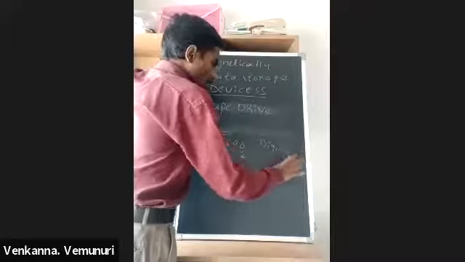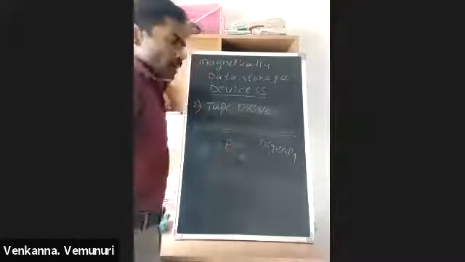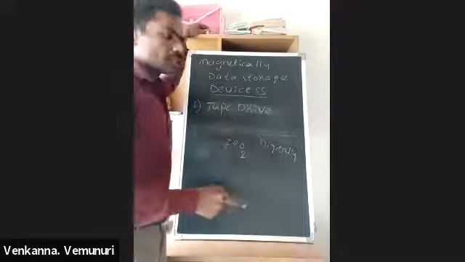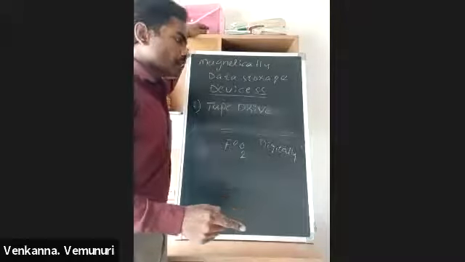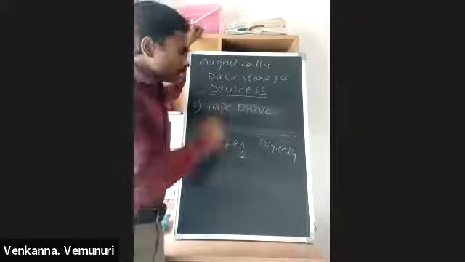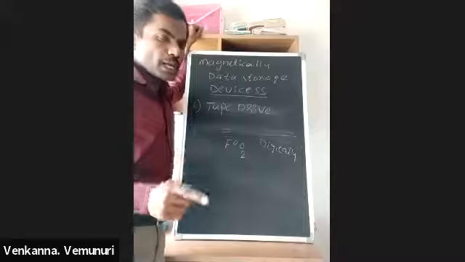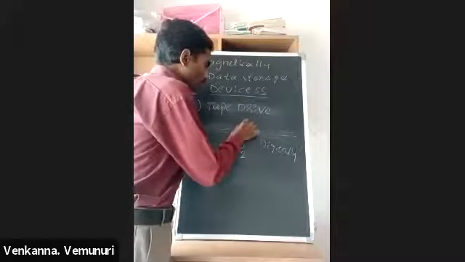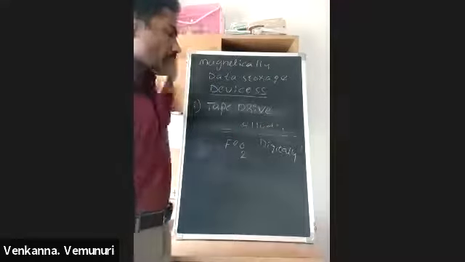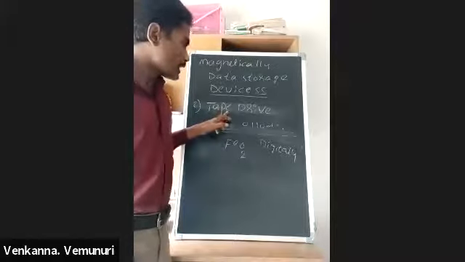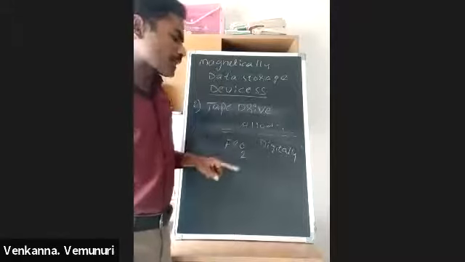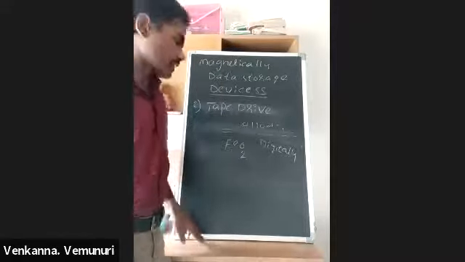Digitally means, for example, some students know audio cassettes. This tape drive uses the same technology as an audio cassette. In an audio cassette, the songs are stored in analog mode. But in this tape drive, data is stored in digital mode. It stores only zeros and ones, like 1, 1, 0, 0, 1, 1, digitally. This is the difference, but the working principle is the same. In the tape drive we use a read write head, and in an audio cassette player we also use a read write head. Both are the same.